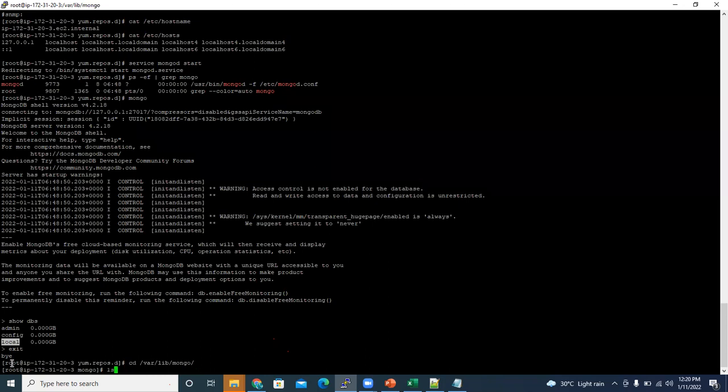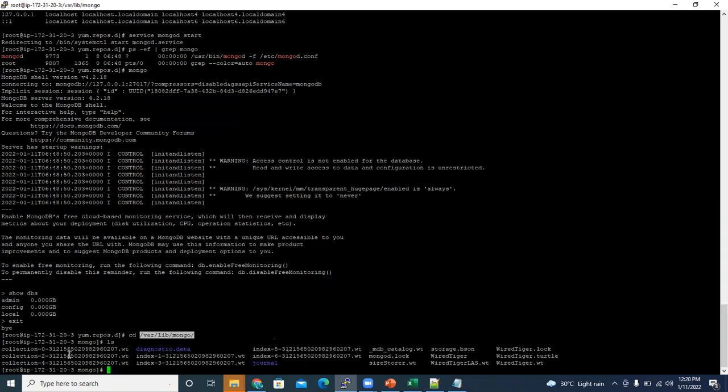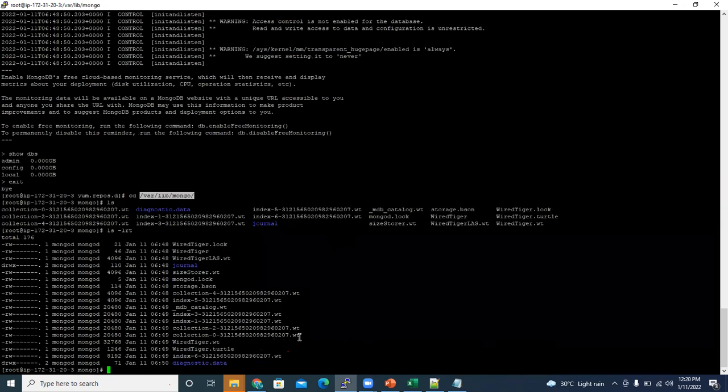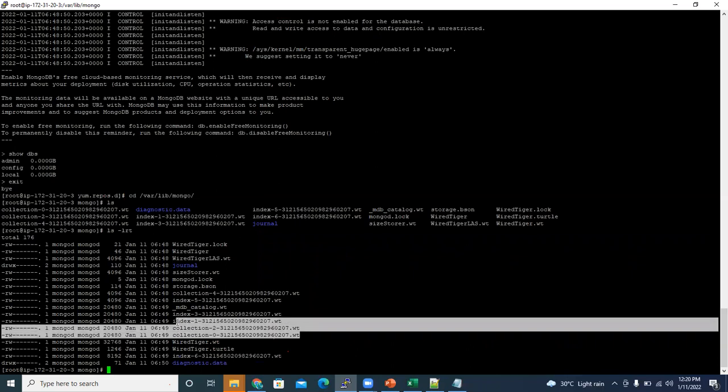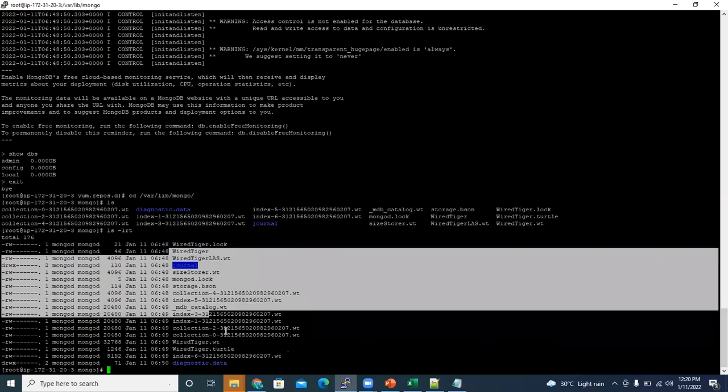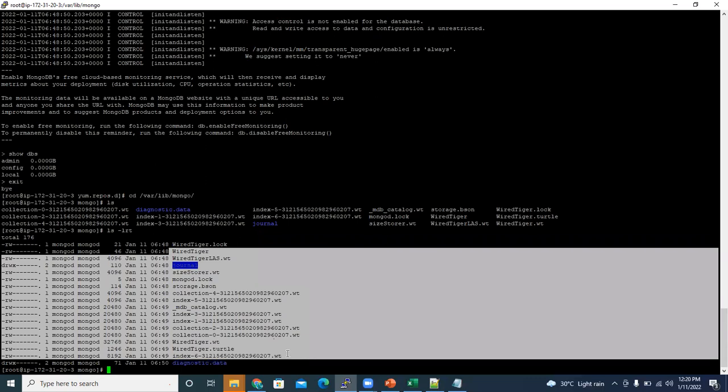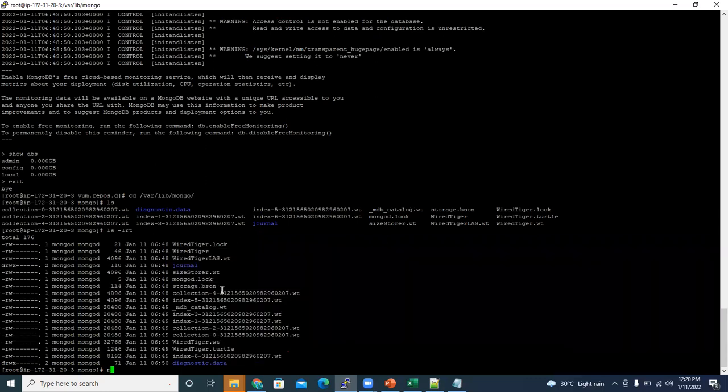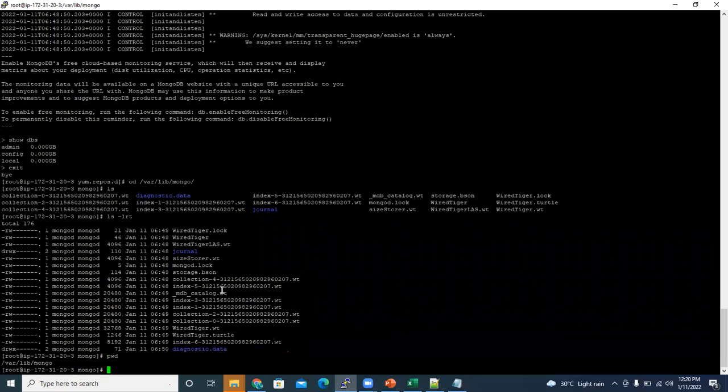So ls will show you the list of files available in that particular directory, /var/lib/mongodb. So these are the data files. ls -lrt also will show you. So .wt mentions it is a WiredTiger engine file. Okay, so these are some default data files. And where is the path? pwd.